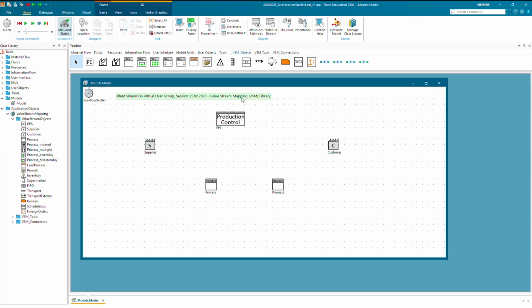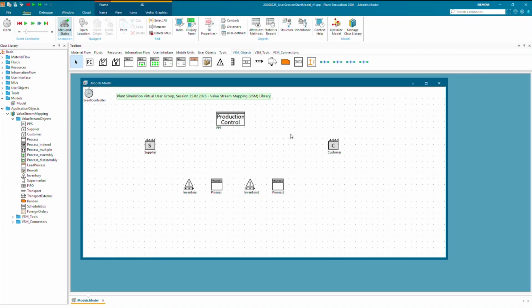And then, for example, you have here two inventories. These are unlimited inventories as buffers where you store parts, and these inventories rely on being replenished based on a certain order flow.